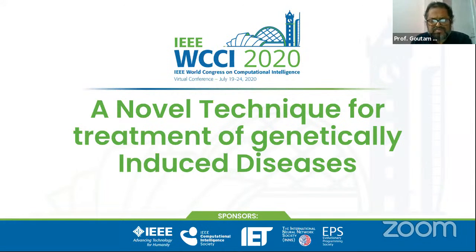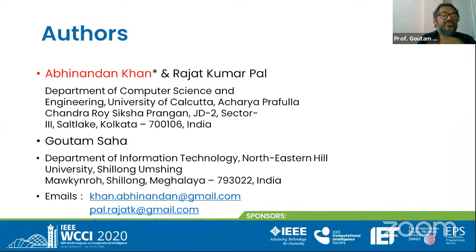So the research started from that particular point. Why did this happen is the question, and how to solve it is the next question. First, I am going into why this happened. When we have detected the faulty gene and replaced it, why has the rectification not happened? So we come to the concept of the gene regulatory network. You see, this is my student Abhinandan Khan.